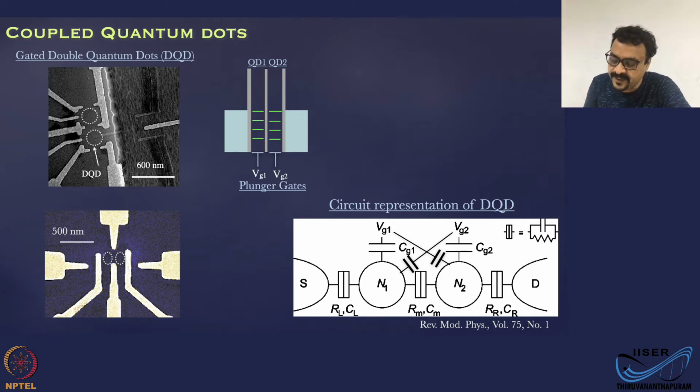Here is a circuit representation of a double quantum dot system. This is dot number 1, dot number 2. They are coupled through a tunnel junction that is usually represented by a parallel combination of a capacitor and a resistor. So the capacitor means you can electrostatically affect each dot. For example, the charge on one dot can electrostatically change the potential of the other dot. And the resistor represents that there is also transport through that. It's not just a capacitor, it's more like a leaky capacitor. All the tunnel junctions are of that kind.